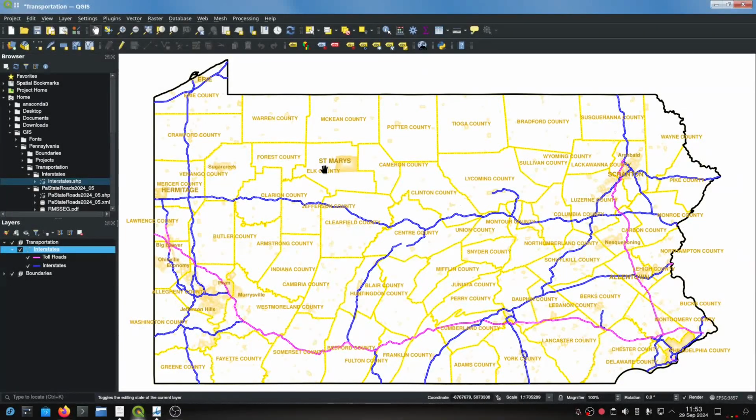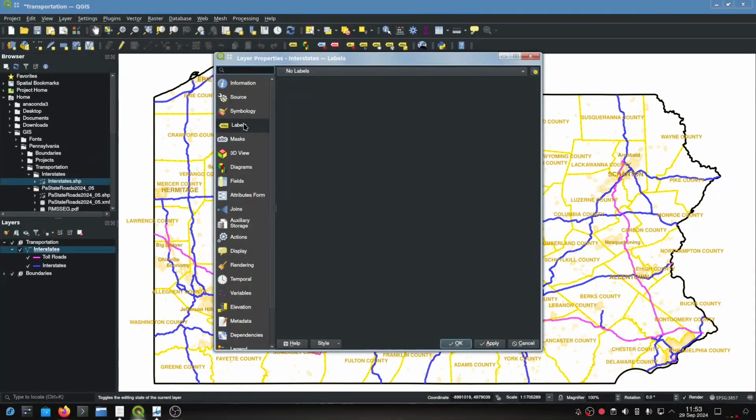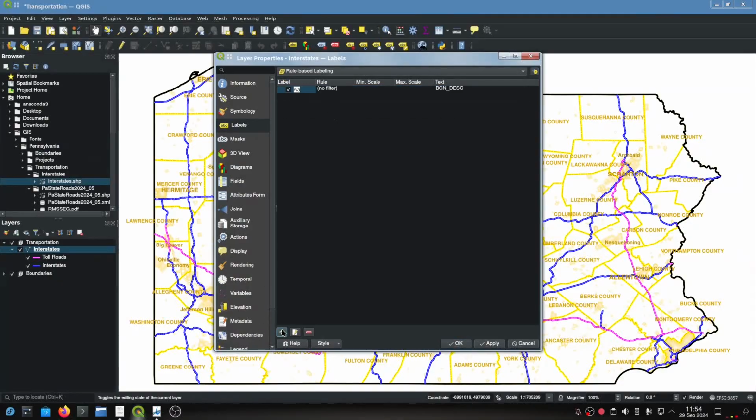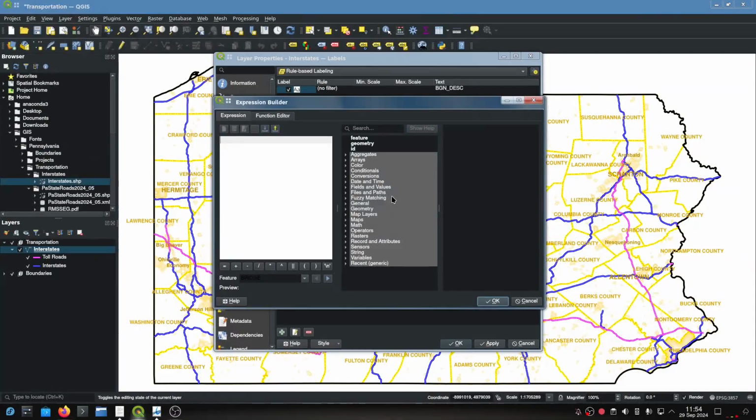Next, we'll go ahead and add the labels for the interstates. This is where the interstate shields come in handy. So we go into properties for interstates, go under labels, and then do rule-based labeling. We'll create a rule which is for 2-digit interstates, and we'll filter it down by the length of,